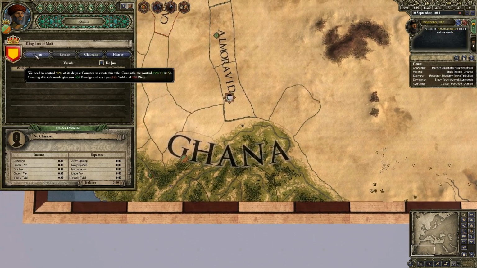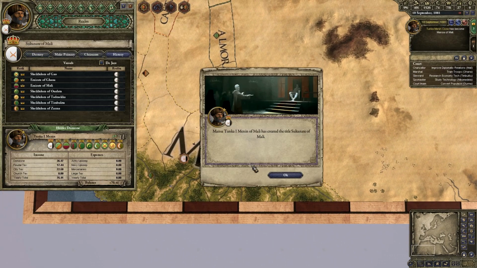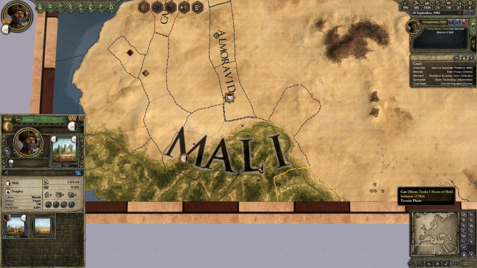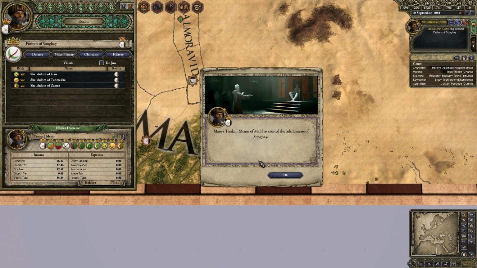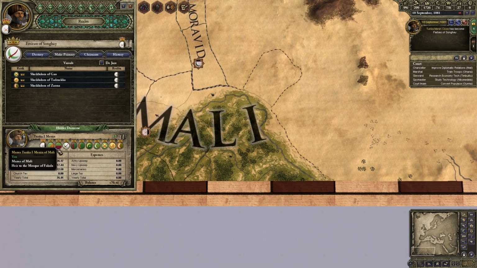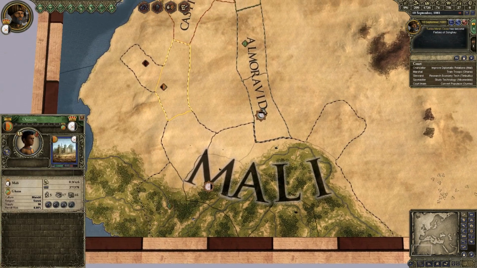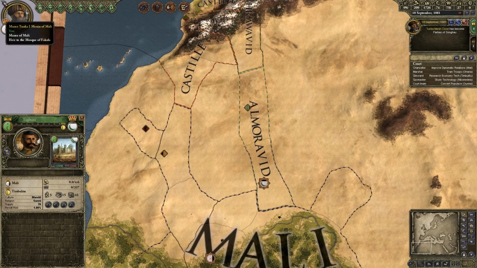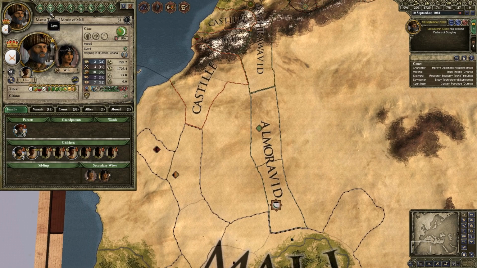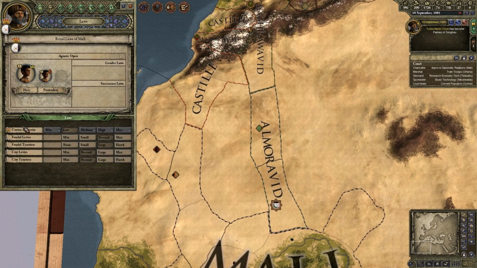But however, now we can form the Kingdom of Mali. So let's do that. And I believe we can also create the duchy of some guy, so we're gonna do that. And as you can see, our titles are growing exponentially. So now that we're king, one of the major things that we can do is actually change the crown authority